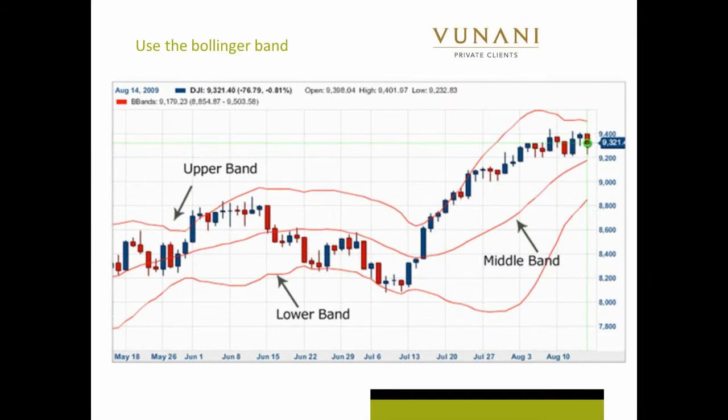But an explanation is, when the bands lie close together, you have a period of low volatility. Okay, when the bands expand and they get further apart, there's an increase in price action, and market volatility is what is being indicated. So the further away these bands get from each other, the more volatile it means that share price or that